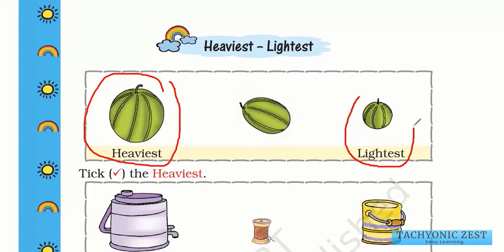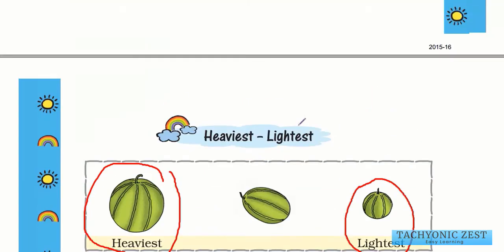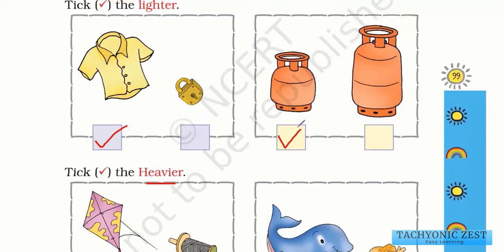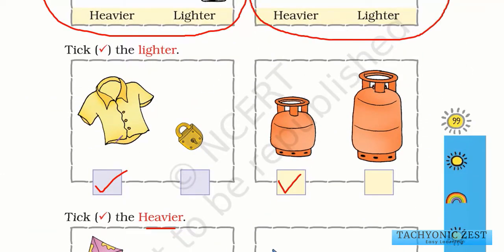among all these three. One more thing, students, if an object is bigger in size, it does not mean that it will be heavier. Okay, how? Let us see the previous question. See here, friends, if we see size, okay, this shirt is bigger than this lock. Okay, but if we have to say which one is heavier out of these two, the lock is heavier. Okay, the lock is heavier than the shirt. So even though the shirt is bigger in size, still the lock is heavier than the shirt, so the shirt is lighter.